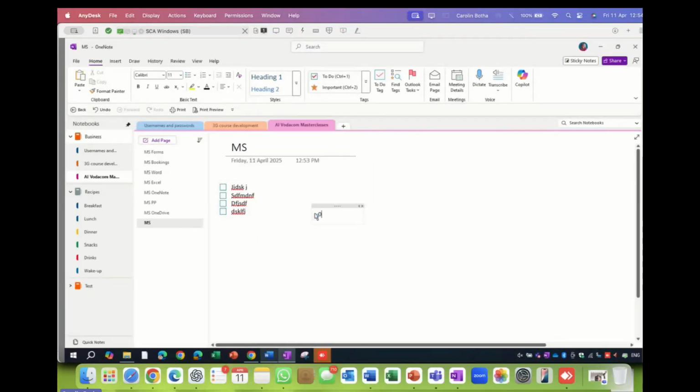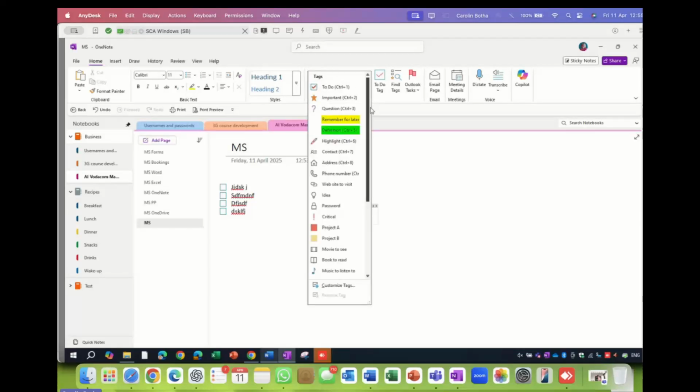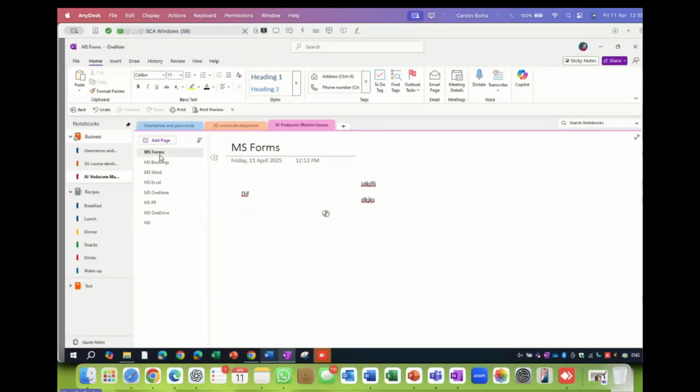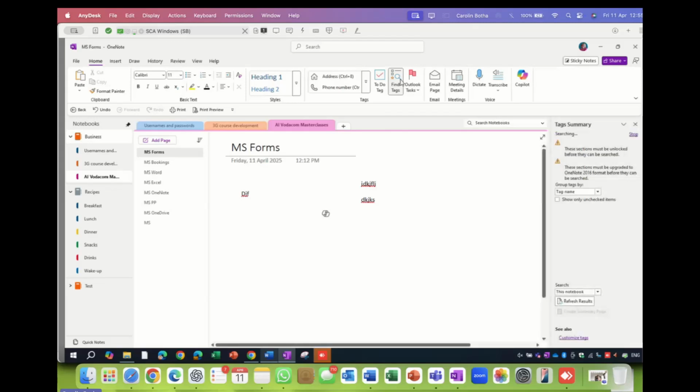So I'm going to make a new note with my cell phone number. And you can WhatsApp me tomorrow on my birthday. And we're going to put that in as a phone number. There you go. So it's like a little bullet, but it's a tag. So now the last thing that I'm going to mention to you. Let's go somewhere else, and let's go and search for all our tags.